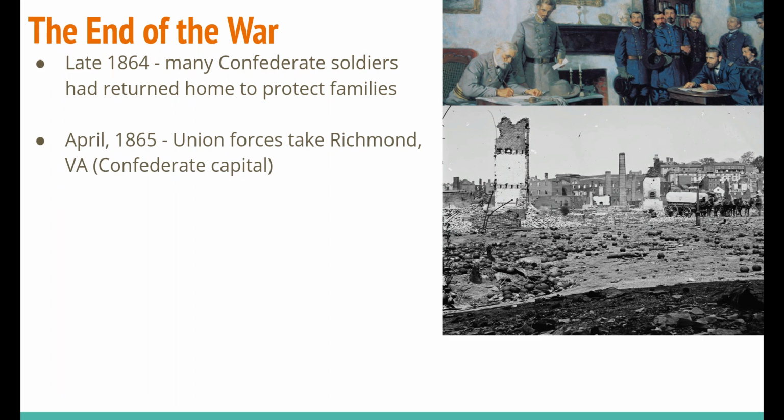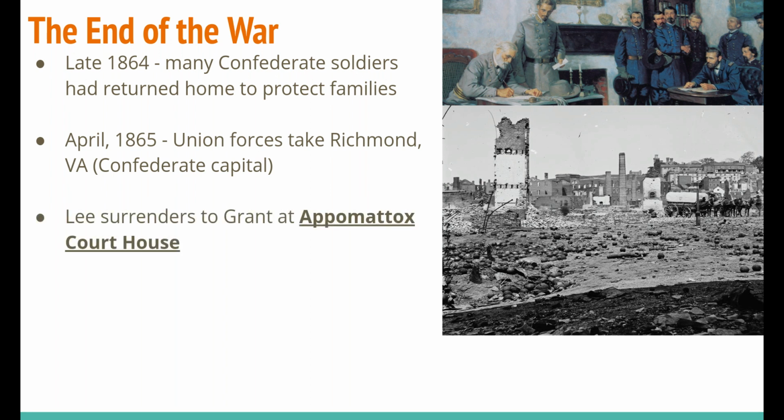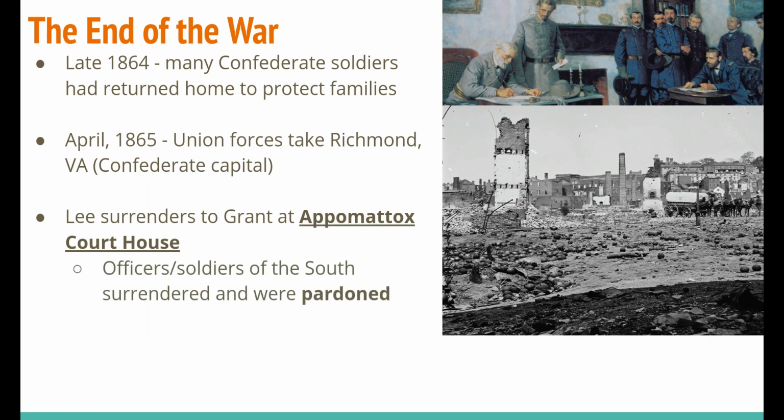And then April 1865, the Union finally takes Richmond, Virginia, the capital of the Confederacy, thus heralding the end of the war. And ultimately, Robert E. Lee surrenders to Ulysses S. Grant at a place called Appomattox Courthouse outside of Richmond, Virginia. One of the more interesting facts about this is that the officers and soldiers of the Confederacy that surrendered were pardoned. Not all of them, but a lot of them were pardoned,